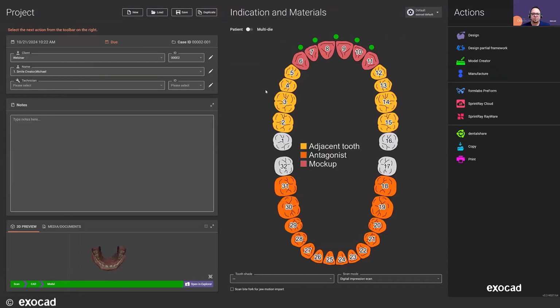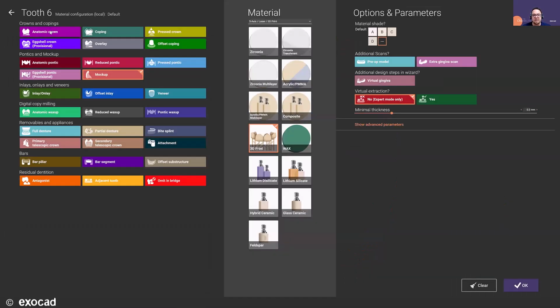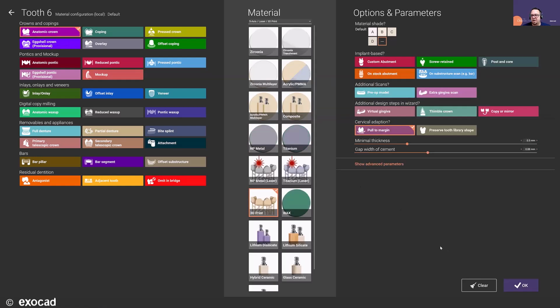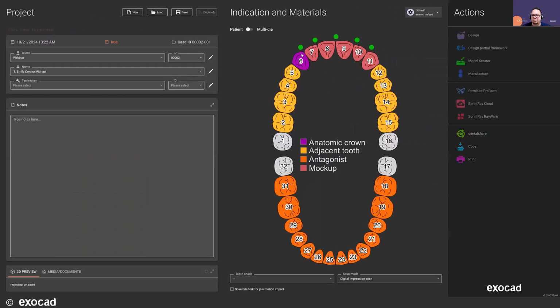There's a couple of ways to go about this. You already have scene files saved, or at least I do for this case with the mockup design. You could just adjust your indication to be, we'll say, crown at this point. Maybe the doctor is prepping all those teeth. So you could then change the indications for all the teeth to be crowns now, and I can save it. And then when I select design,